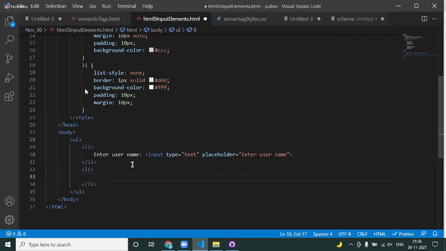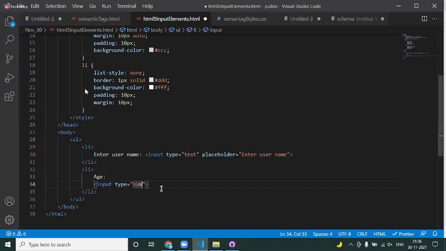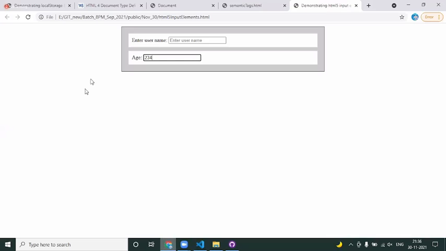Next, till now, say for example, I would like to read an age value. Till now, what we were doing every time is going with input type equal to text, and we are reading that. Even though the user is giving numeric data, by default it becomes a text container. You need to convert that into a number again. So instead of that, you can make use of input type equal to number, which will automatically